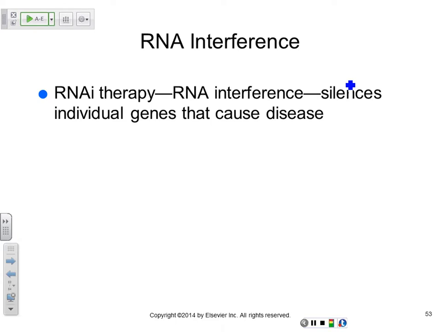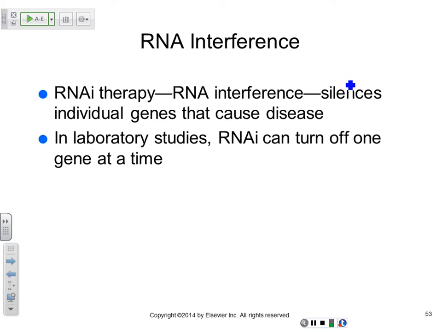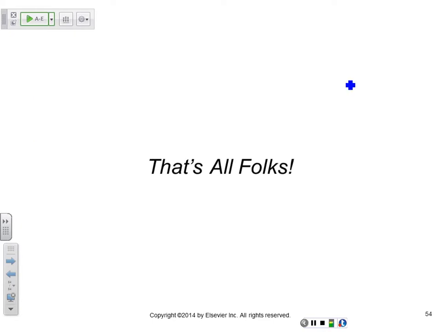And they use it also for research purposes so that they can, in the lab, figure out where the gene is, and they can manipulate it by switching off a particular gene so you can learn what it does and what problems it causes, which helps in finding a therapy for these conditions, right? So RNA interference is another cool one. I like that. And that's it.